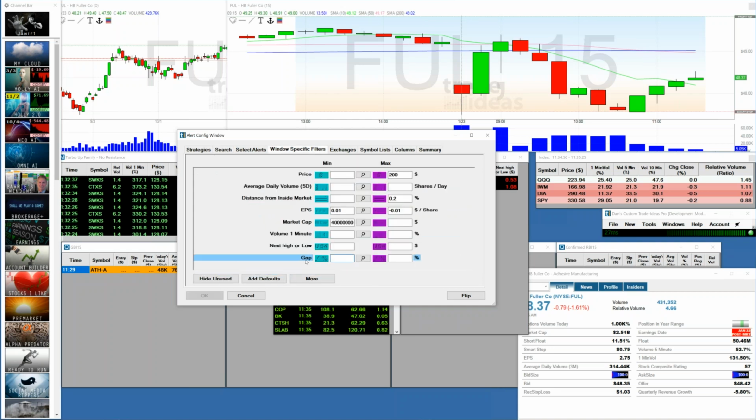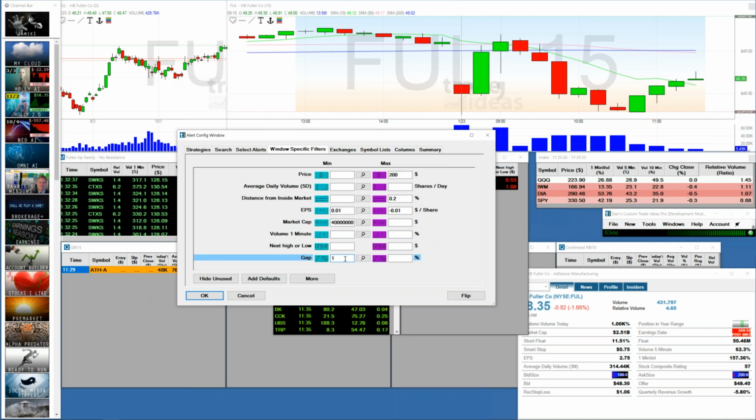And notice it just says gap. It doesn't say stocks that are gapping up, stocks that are gapping down. We use it for both, okay? So if I added a 1 in the min field, in addition to these other filters, that would add the criteria, hey, by the way, stock had to have gapped up 1% or more from prior close. Pretty easy. We just put a 1 in the min field, and that would get us a gap up of